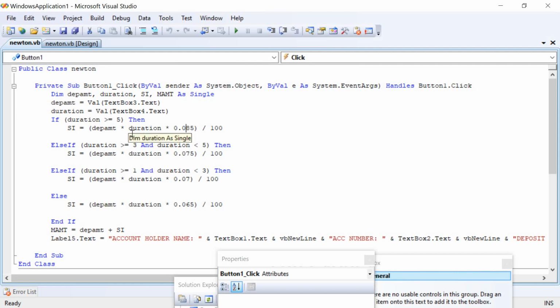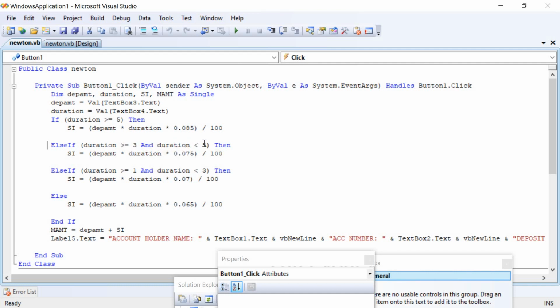Think that if duration is below 5 years or above 3 years, then comes the second condition. ElseIf duration is greater than or equal to 3 years, and that is logical And. In case of logical And, two conditions have to be true, only then the result will be true. If any one condition is false, the result of the And will be false.